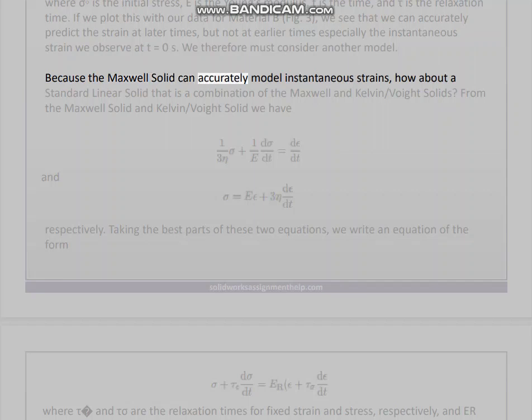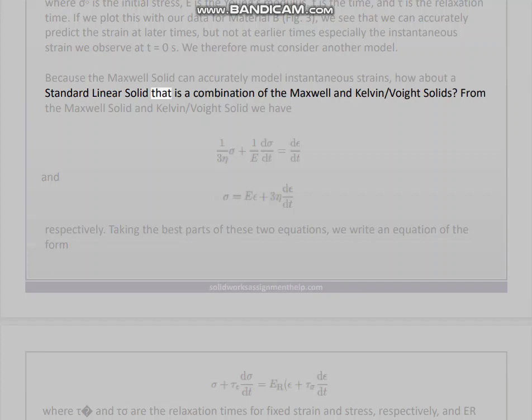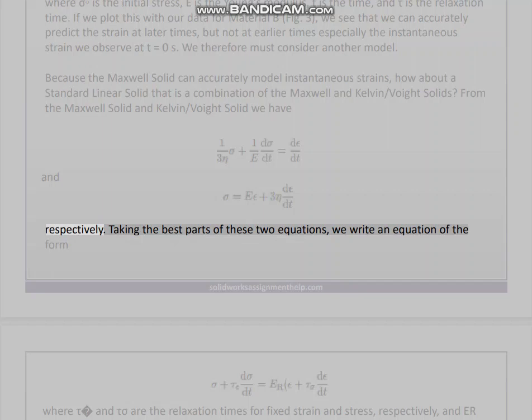Because the Maxwell solid can accurately model instantaneous strains, how about a standard linear solid that is a combination of the Maxwell and Kelvin/Voigt solids? From the Maxwell solid and Kelvin/Voigt solid we have, respectively. Taking the best parts of these two equations, we write an equation of the form